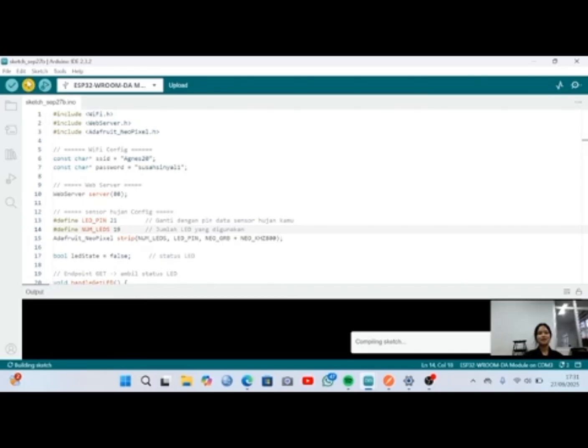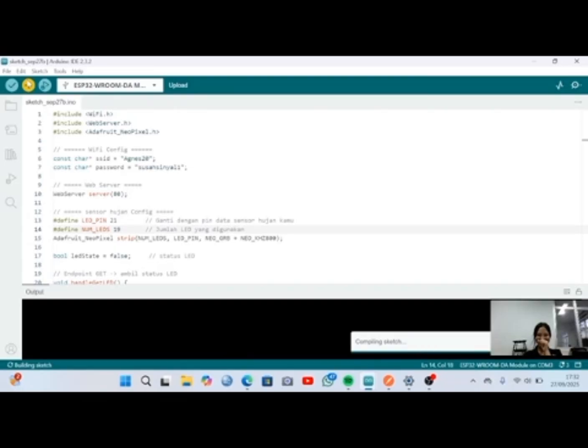Then the ESP32 attempts to connect to the Wi-Fi network using the SSID and password we defined earlier. During the connection process, it prints dots to the serial monitor until the connection is successful. Once connected, the ESP32 prints the assigned IP address, which we will later use to send requests.